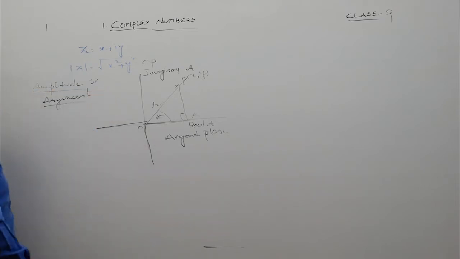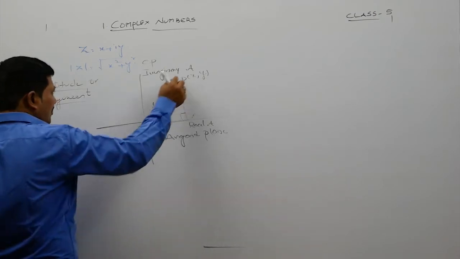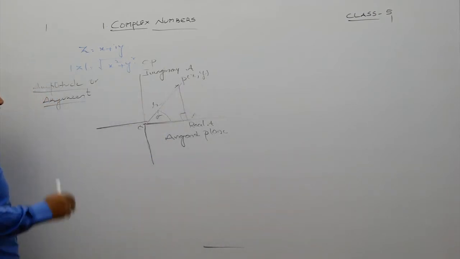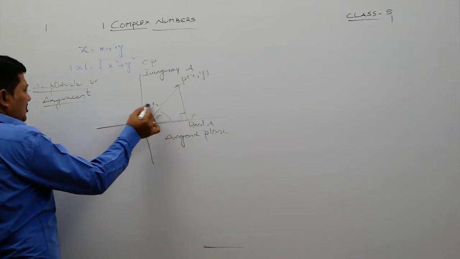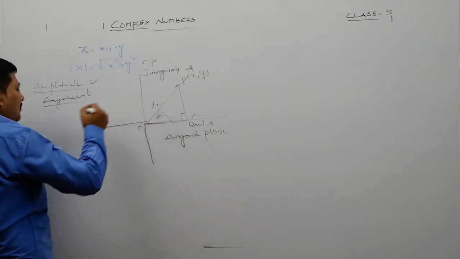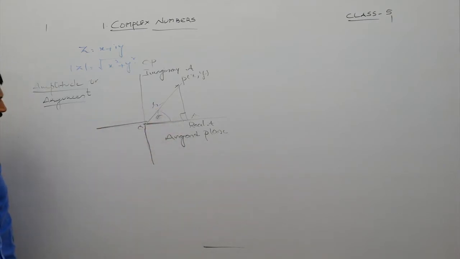And that R is nothing but distance from origin to the point. According to the position of the point, that R may be extended up to infinity. And you can see this rotation is anti-clockwise, and we know that one rotation is equal to 2 pi radians, that is equal to 360 degrees. So generally we write 0 less than equal to theta less than equal to 360 degrees.